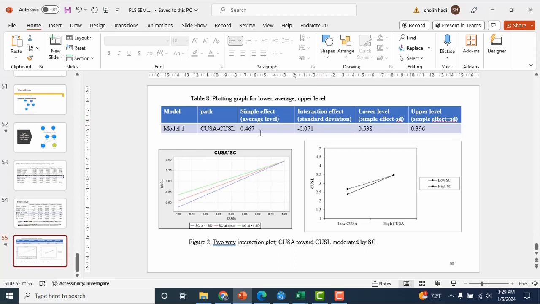We use for standard deviation this one, and for the lower level, simple effect minus the interaction effect. For the upper level, simple effect plus the interaction effect here.